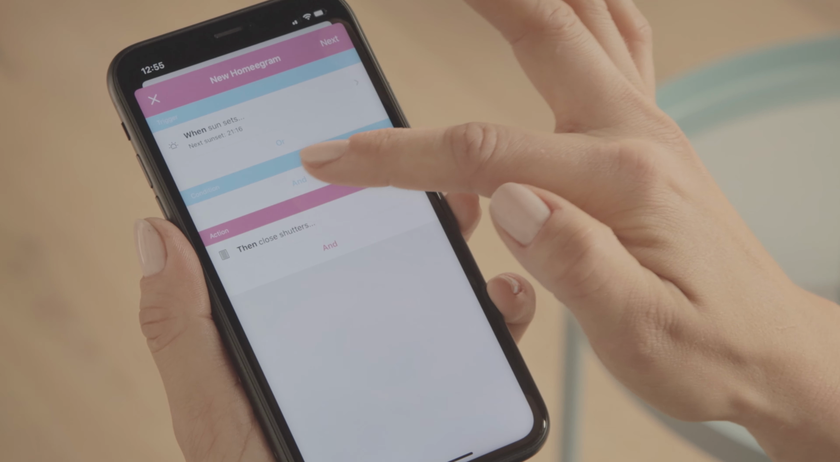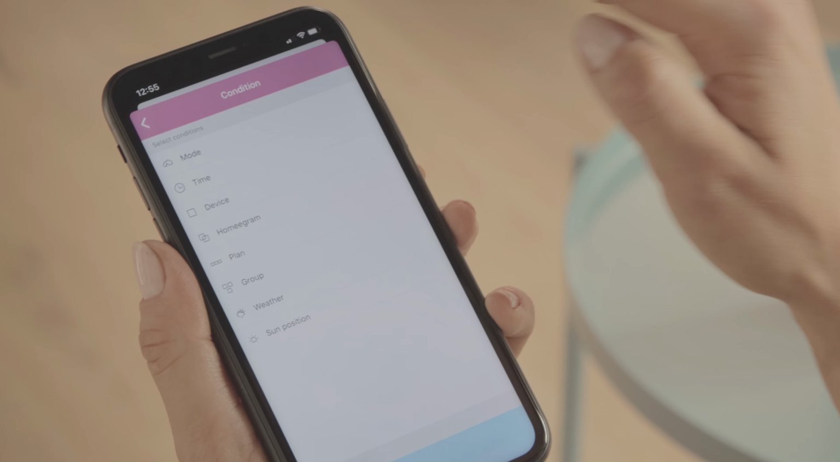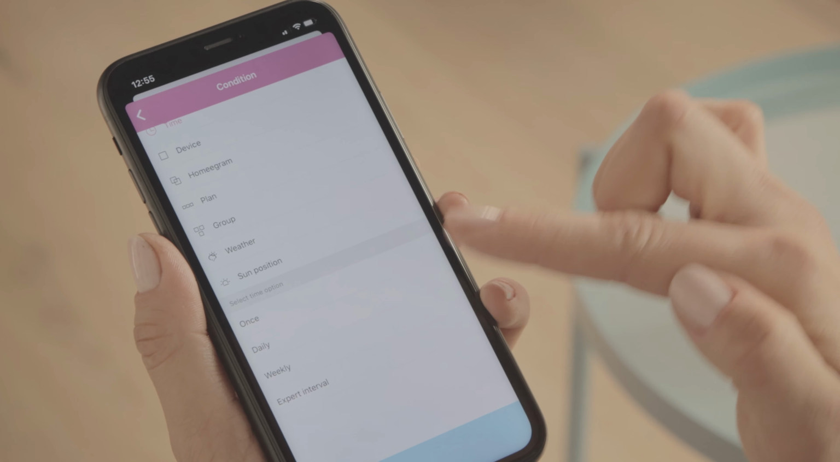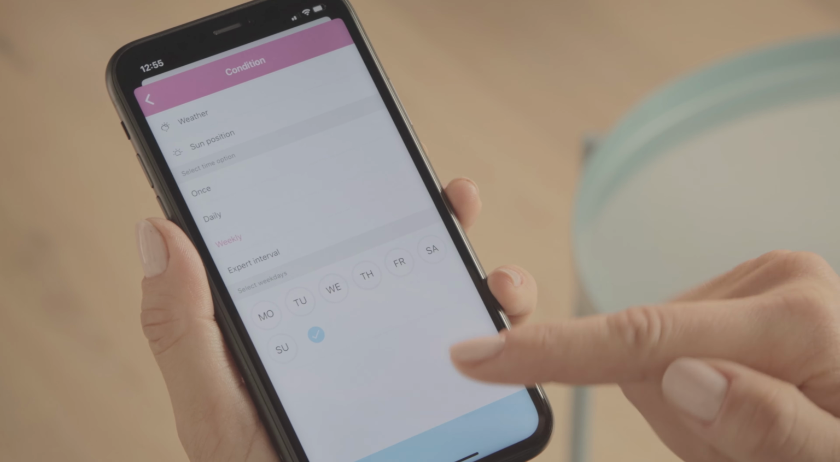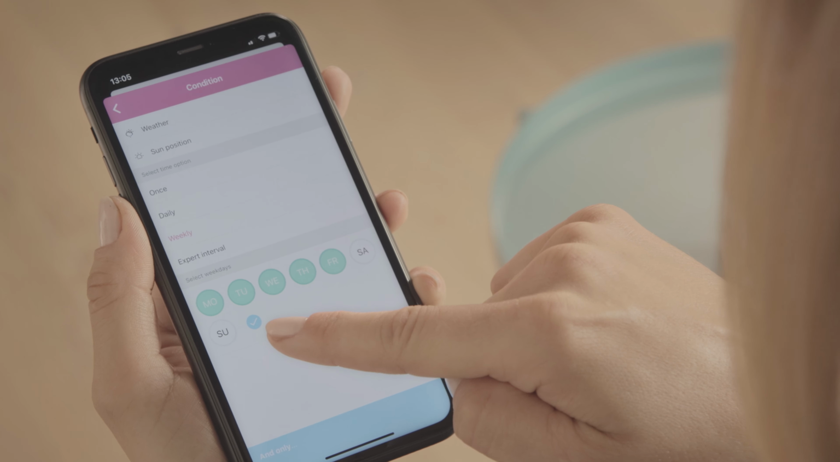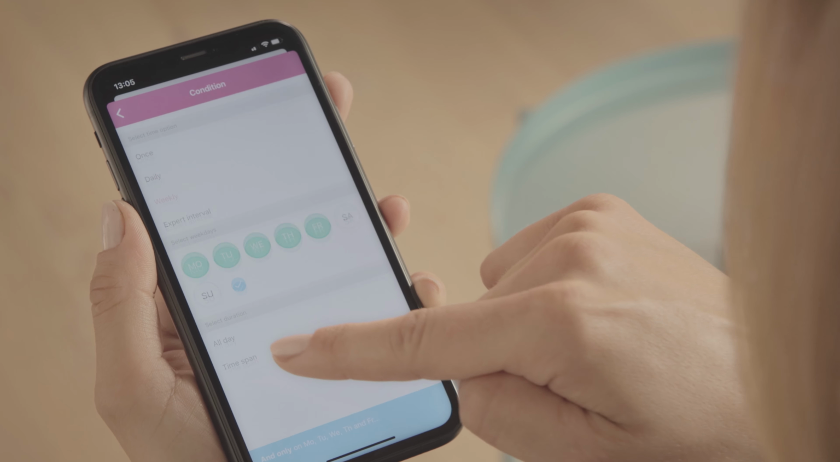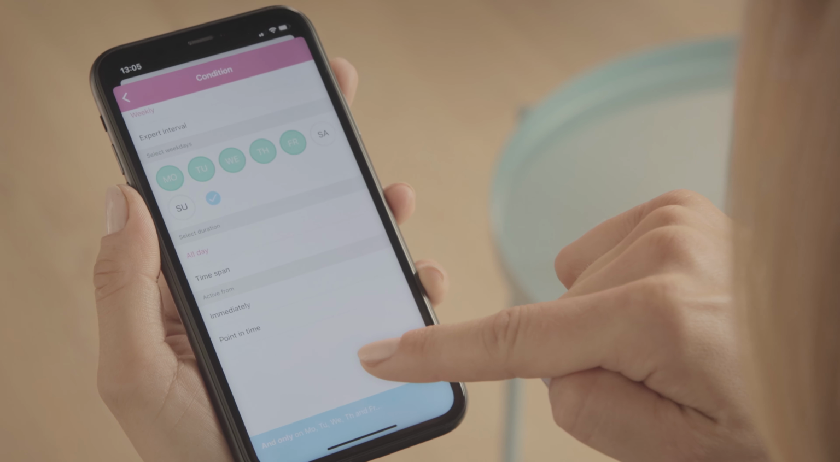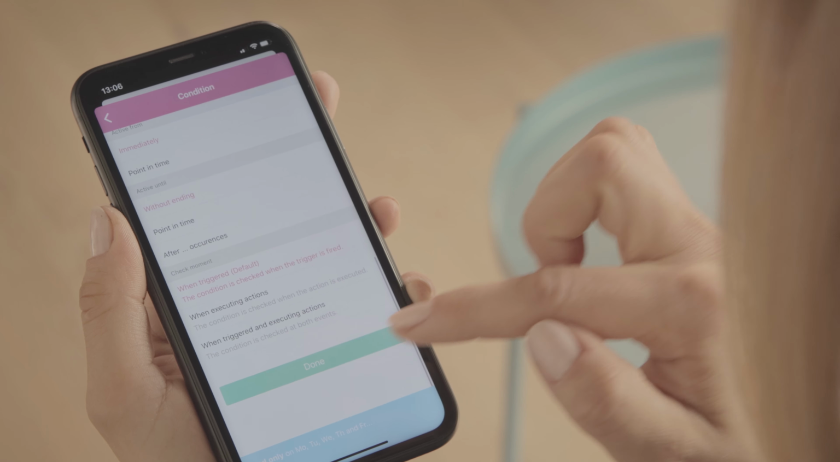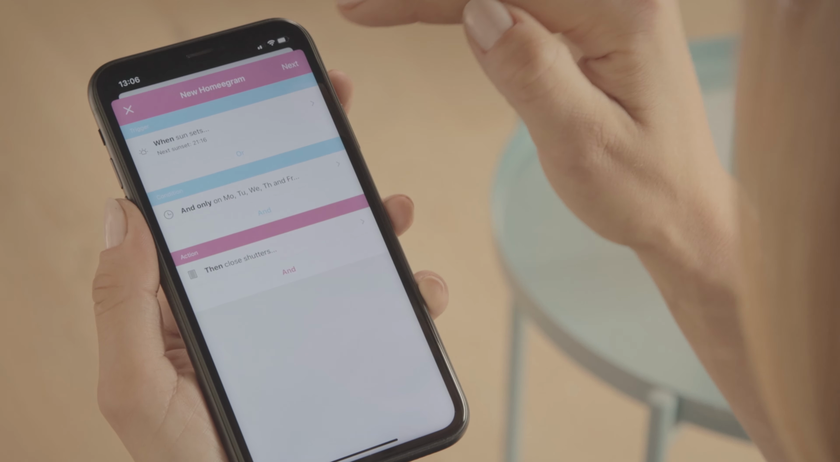Now you can use a condition. Maybe you don't want your Homeegram to work all days. We will click in here and you see a lot of condition modes. But let us select time. Then we select weekly. And here I select the days I want my Homeegram to work. So just select them and select the blue check mark. We will select the duration, it's all day, and from now on, without any ending time, click on done and